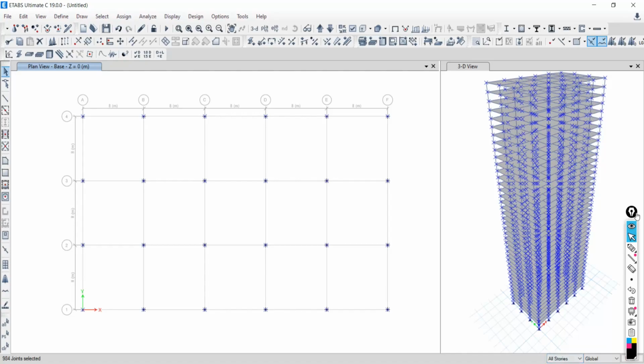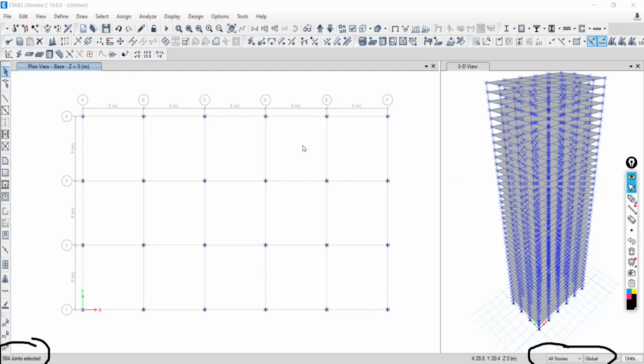So it's very, very important that every time you are practicing with the ETABS software, your concentration should always be on the left side bottom as well as the right side bottom. Otherwise, if you assign fixed support or any kind of support to all the joints, that will be completely wrong. So every time take care with which story option you are working.